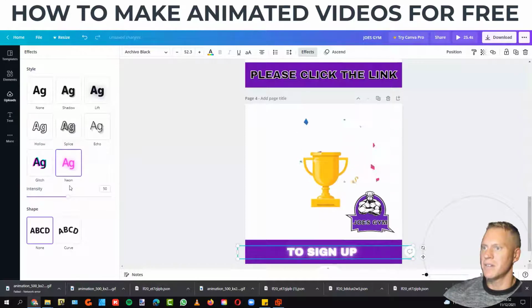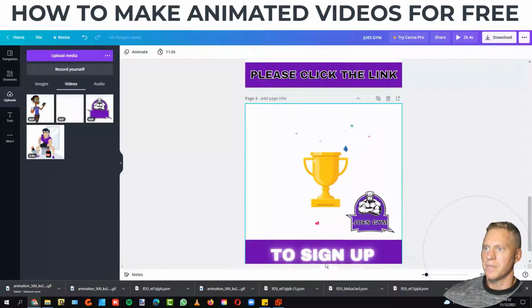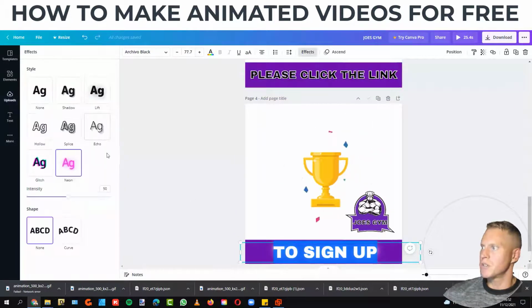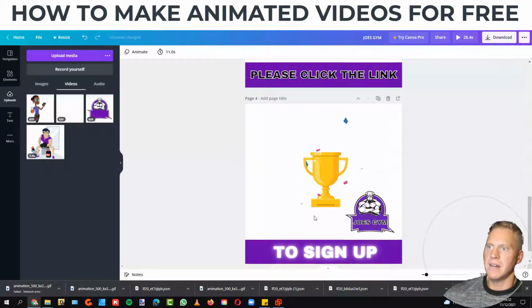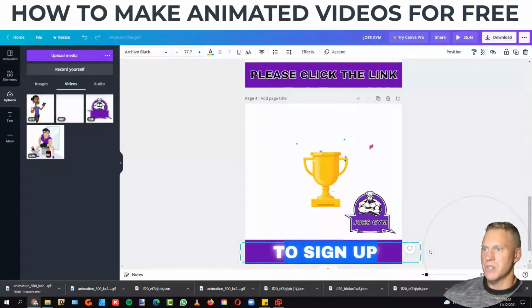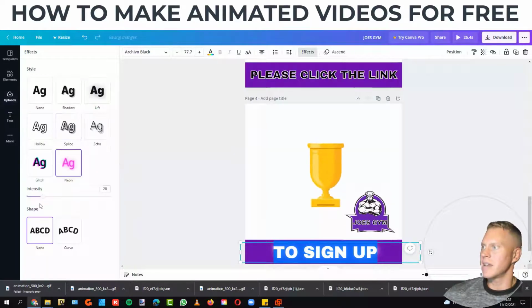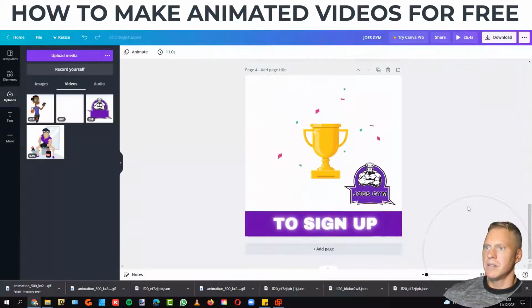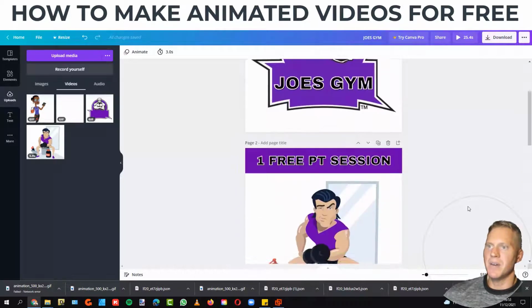Maybe neon, that will be better. Then we can stretch that out as well, so let's just make that larger, so then highlight the text, and then just expand in on that one as well. Maybe what I will do is I will just reduce down the neon effect a little bit, so let's just get it down to there like that to sign up. It's still quite strong, so let's just try it again, reduce down the intensity. Let's just have it. So there you go guys, so that is basically, you know, how you can create your own animated,